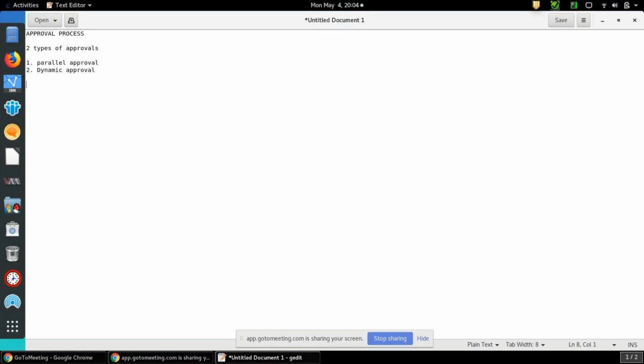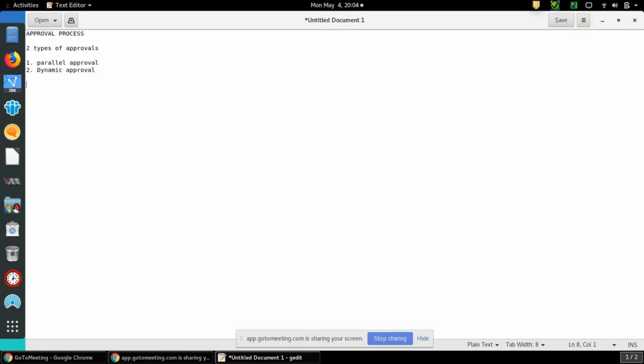Then only it will get approved, or based on the action they want, they can do rejection or approval. And what is dynamic approval? Dynamic approval is, even though multiple approvers are there, if one person approves, then it is fine. You can go ahead with that request further.